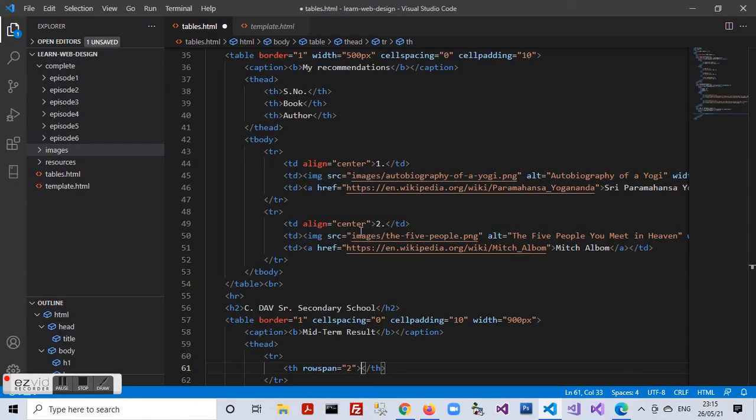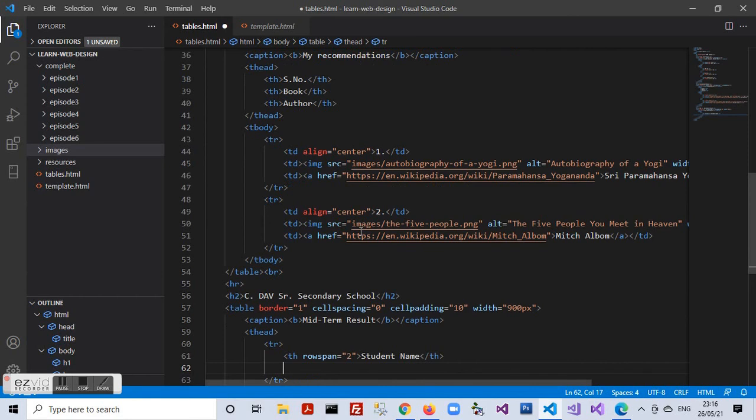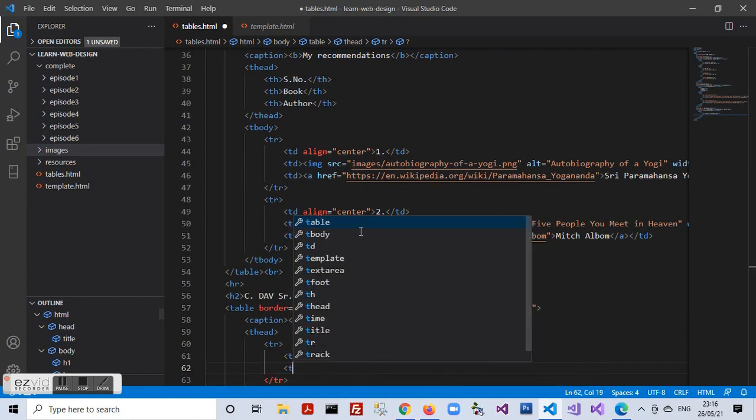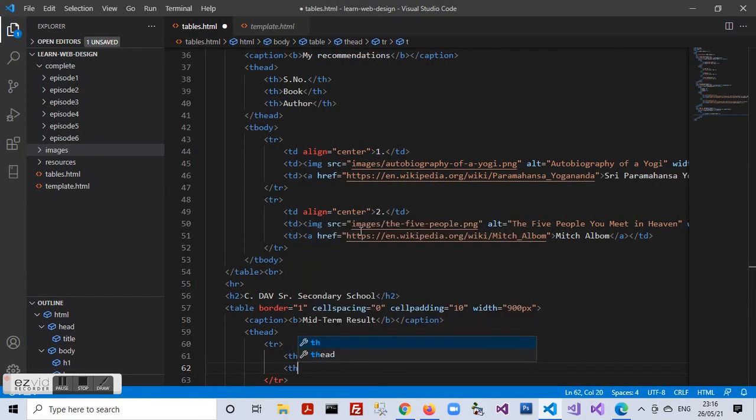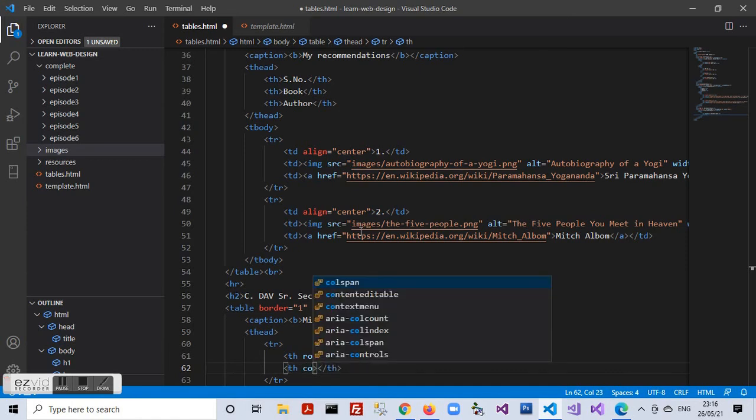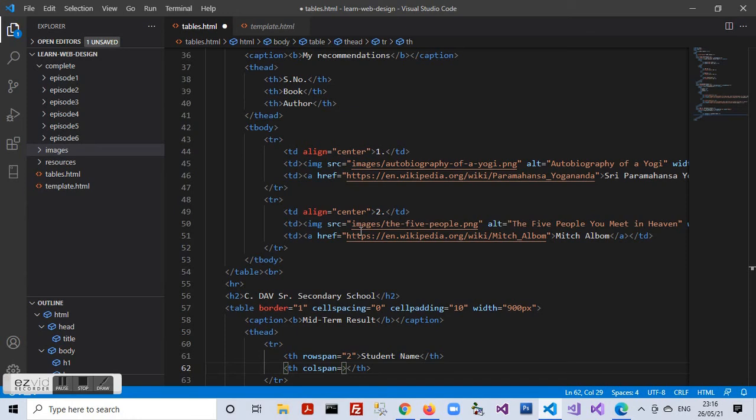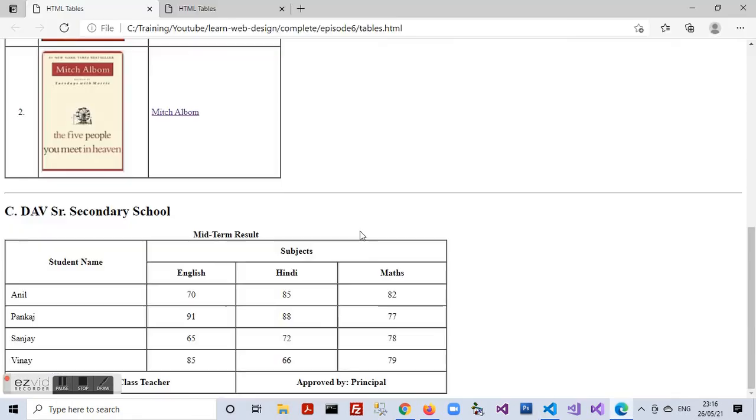And my heading is student name. So I say student name. Now moving on to the second heading, I see the subject heading is spanning across three columns. So here I say colspan equal to 3. So I have heading subject,